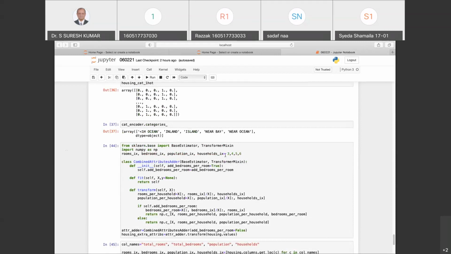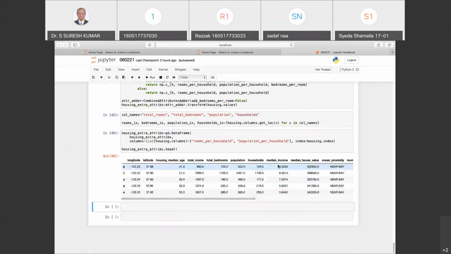And now to wrap up this concept of what we had done using this transformer mix-in, we have to find out the housing extra attributes. Which did we list out over here? Yes, we have listed out the housing extra attributes.